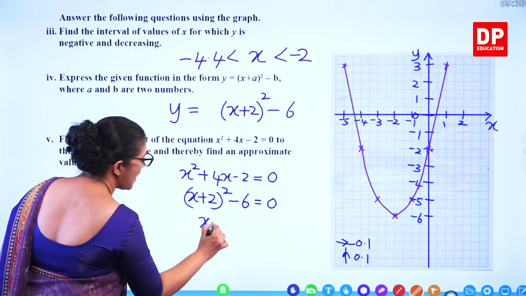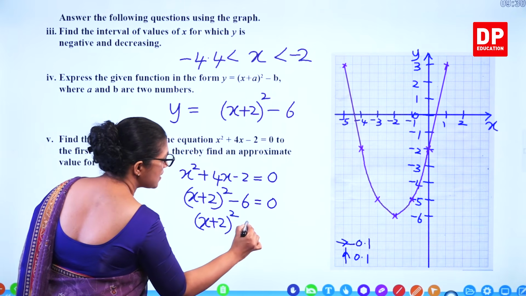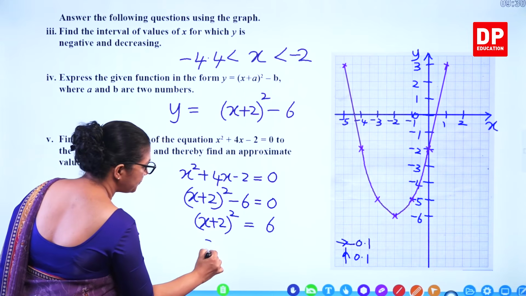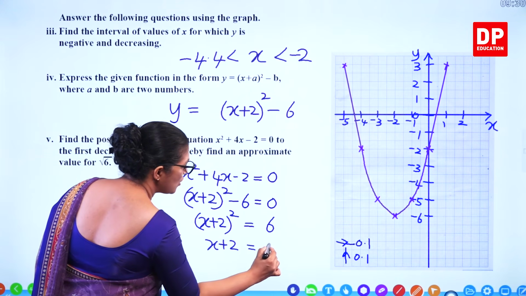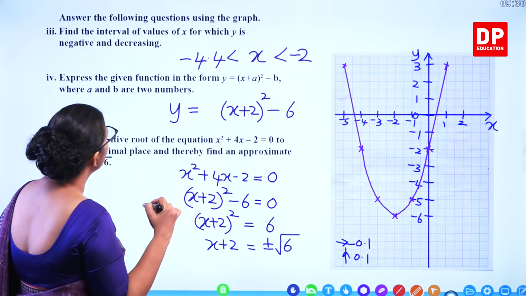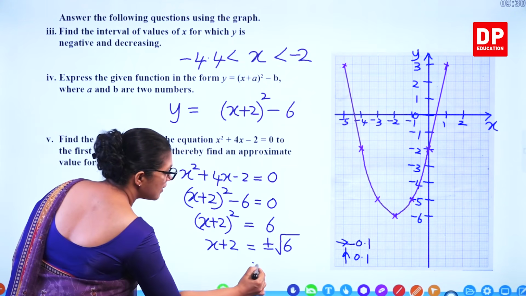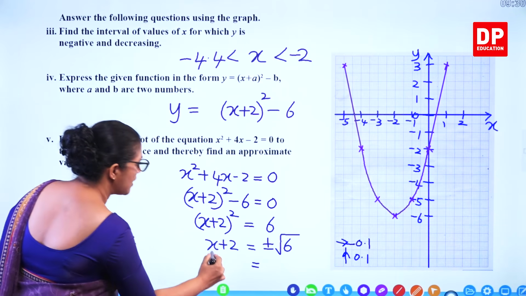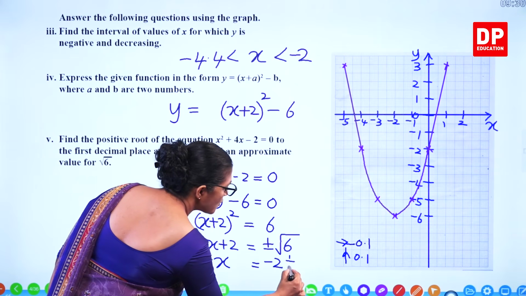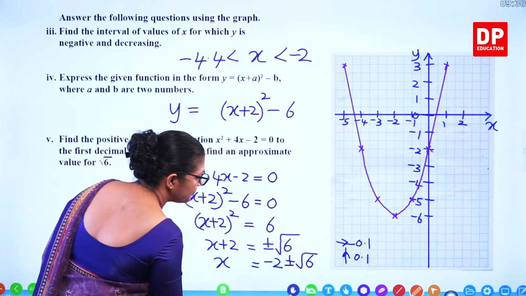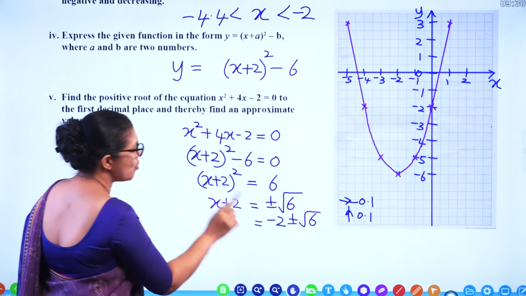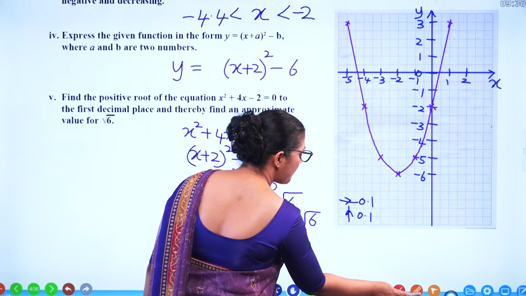So what is this one? When you take it to the other side, (x plus 2) squared becomes 6. Take square root both sides. x plus 2 is equal to plus or minus root 6. And here, what is x value? Plus or minus. So x = minus 2 plus or minus root 6. Now how do we get the two solutions? You can substitute x as